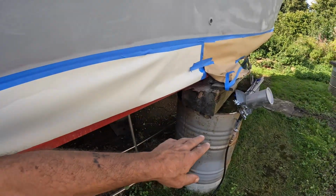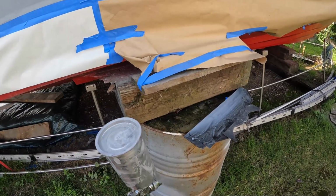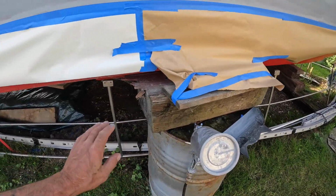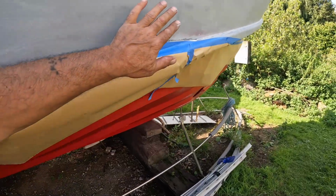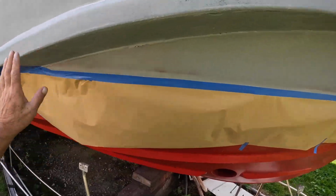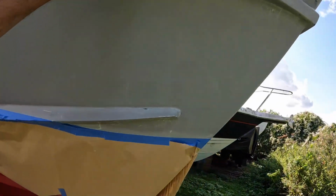I'm going to use this gun. This type of gun is much lighter, so that'll obviously have blue in it when we do it. So basically I can then control what I'm putting on in certain areas. The big gun will come into use when we get onto the massive panel, but I'll probably use that other gun on these areas here, coming up on the underside